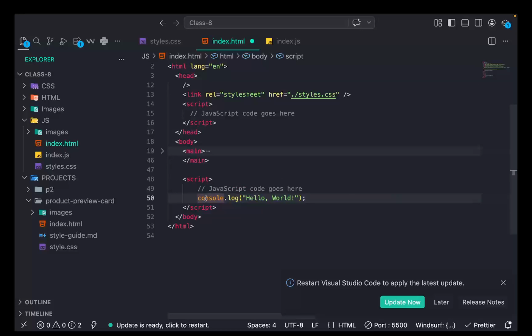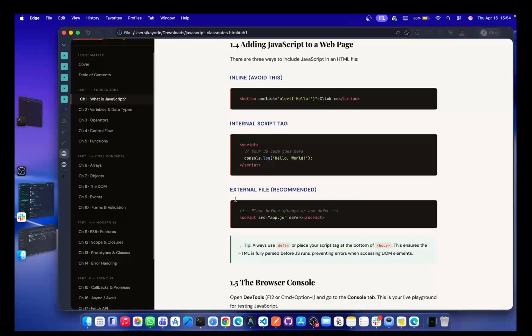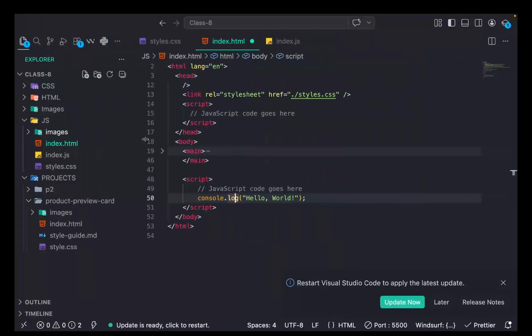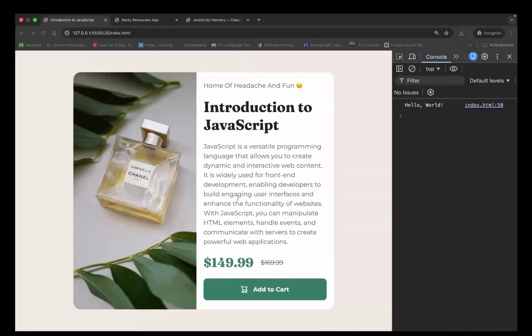What you just need to know is that console, then followed by dot, then followed by this log. What is this bracket doing there too? Once we get to function, you understand what is going on. And that's why you see that everything I arranged according to the way you have to know them. Because when you're dealing with function, function will be using things from all these your variables and types. So that's why the thing is arranged in a way that you have to follow them. It's just like your HTML and CSS or some stuff that you need to know. And inside this log or inside this bracket, that's where you put the message that you want to display in the console. So once this is saved now, and I go back to the browser,